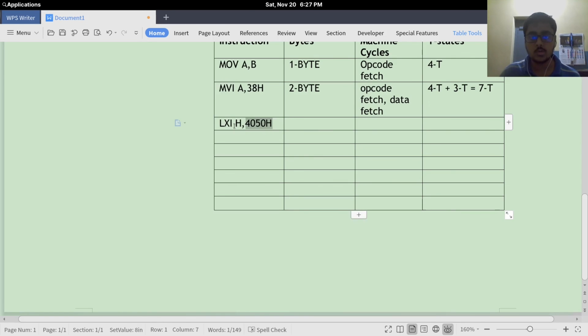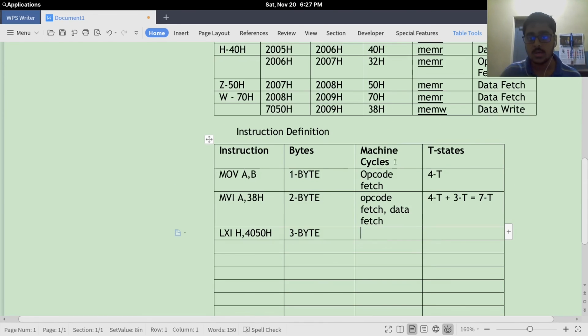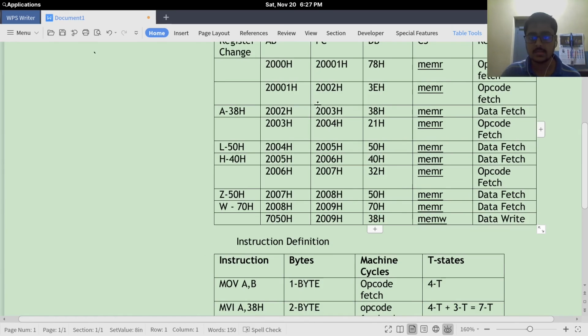So it's actually 2 plus 1, which is a 3 byte instruction. For decoding the number of machine cycles, we can see from the instruction flow diagram that we need one opcode fetch and 2 data fetches.